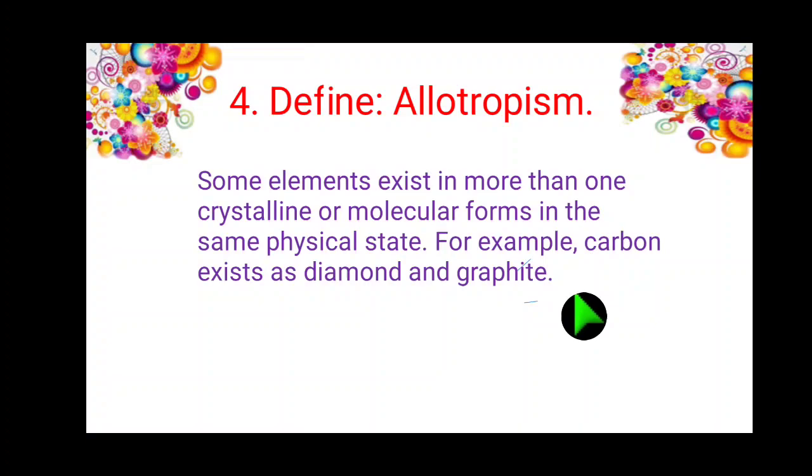One simple example I wish to say: graphite conducts electricity, but diamond does not, because in diamond all carbon atoms are bonded, but in graphite, even though all carbons are bonded, one electron in each carbon is remaining. That electron conducts electricity. That's why the diamond shape and the graphite shape, the structure, molecular forms are different. This is called allotropism.